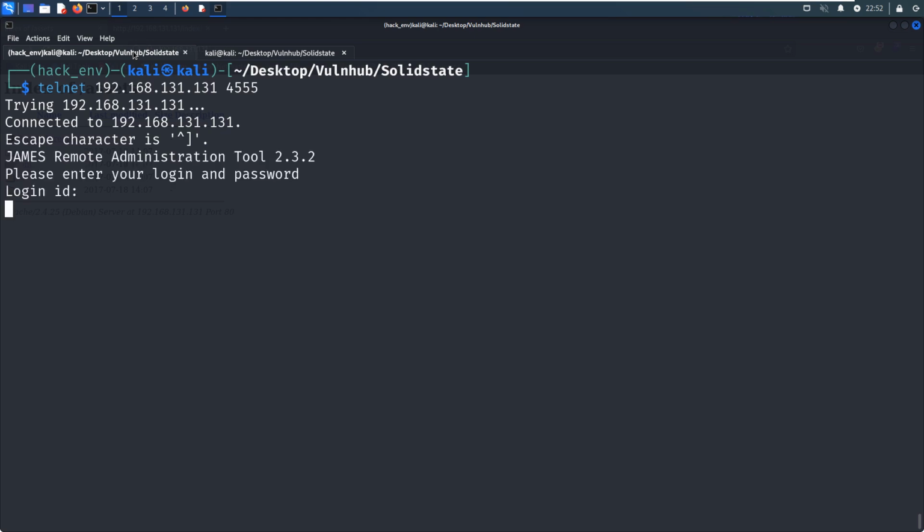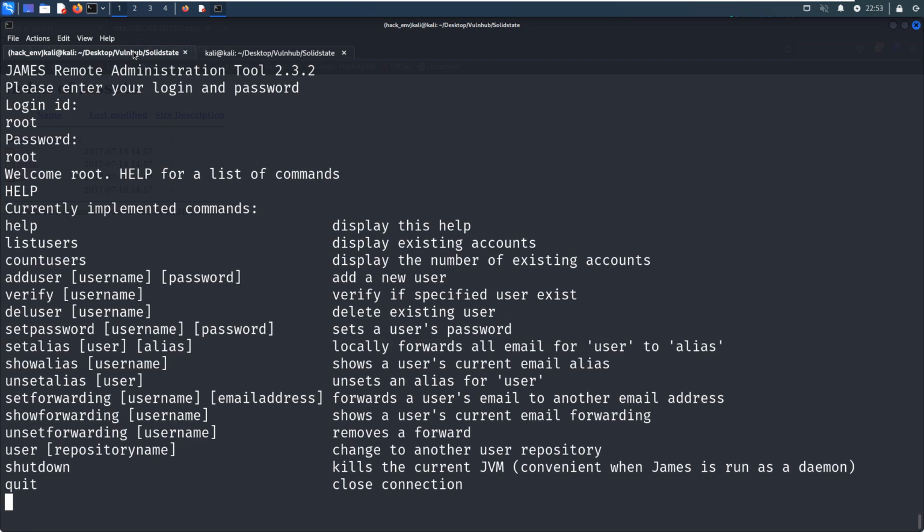Okay, login ID. Of course, we know that. It does work. We are already in the administration, and we can use the help command to display all available commands, like list users. I want to list users first.